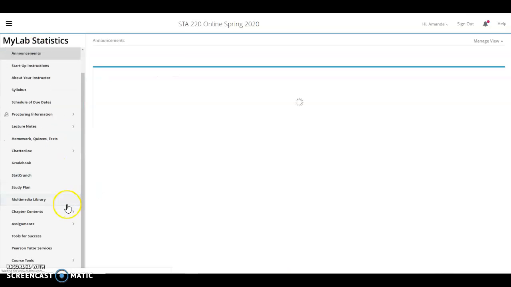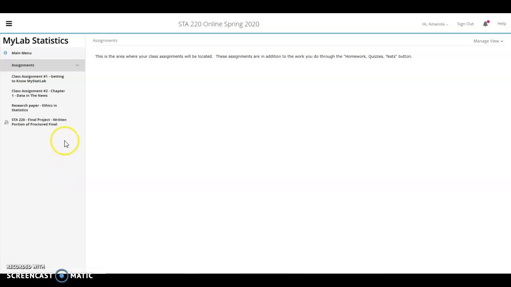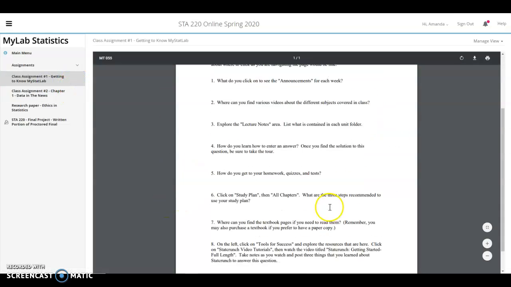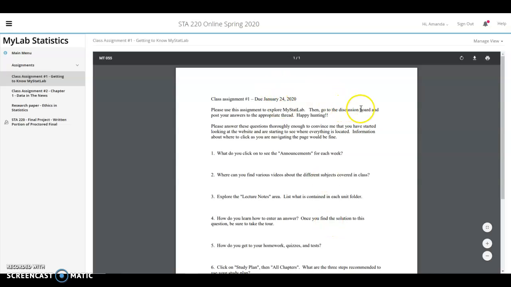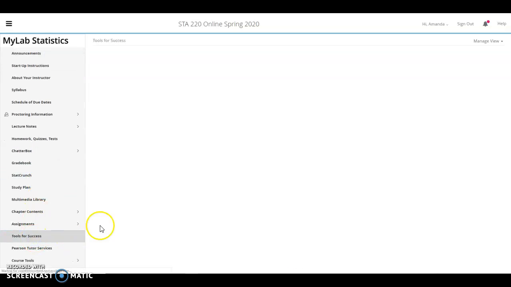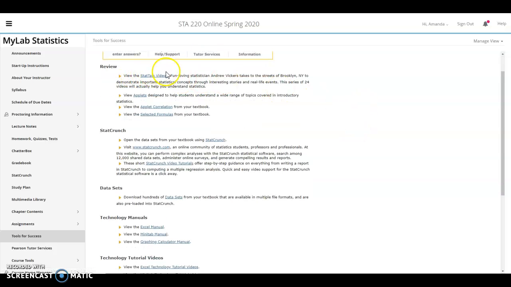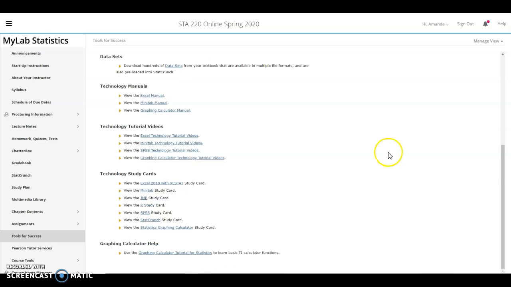The Assignments button has your class assignments posted, so this is where you'll go to actually get the assignment, and once you answer the assignment, you will go to the discussion board or the Chatterbox and post your answers. The Tools for Success is something I really want to draw your attention to, simply because it has a lot of extra things in here to help you. Things like how to enter answers, My Stat Lab Help and Support, Pearson Tutor Services. You have some Stat Talk videos, and then,